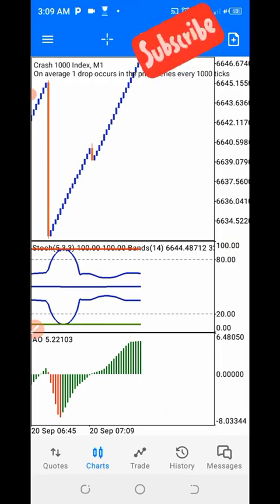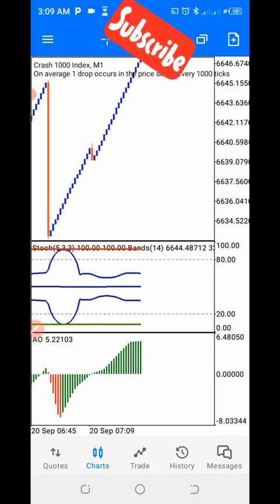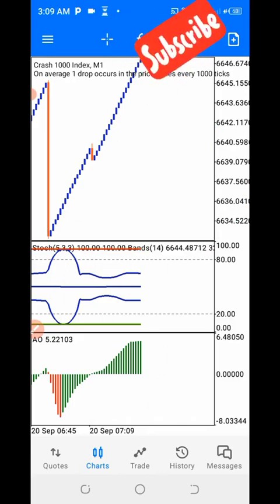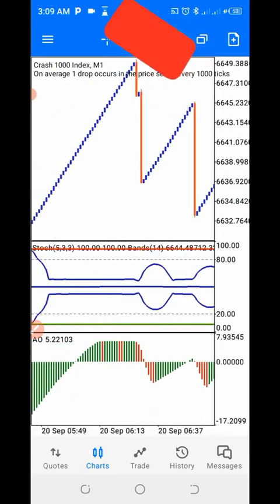Then the second condition was our zoom level, right? So we are using zoom level 2, right? So once you have been able to set it up like this, you have something like this. So now for the condition, how do you use this strategy?